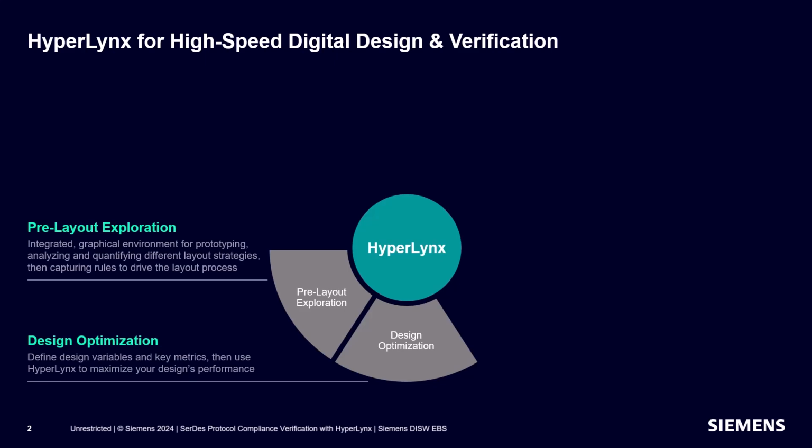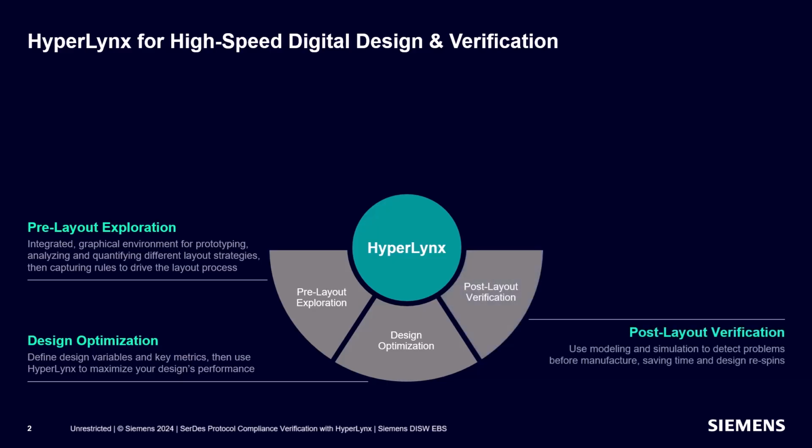By optimization, we mean using automated tools to improve design performance for a metric of interest. You can certainly use an interactive design capture, analyze, review loop to improve your design, but that takes too long. We'll look at how hyperlinks can help you improve design performance automatically. By verification, we mean post-layout analysis, or what you do once the board is routed to determine that the design is ready to release to fabrication.